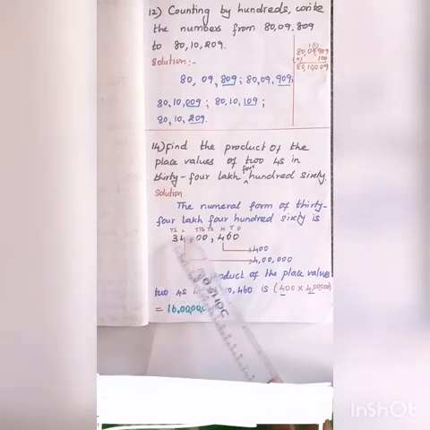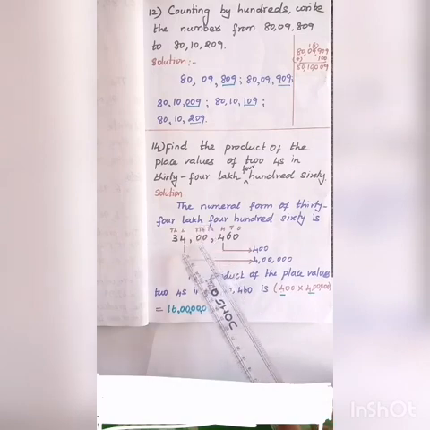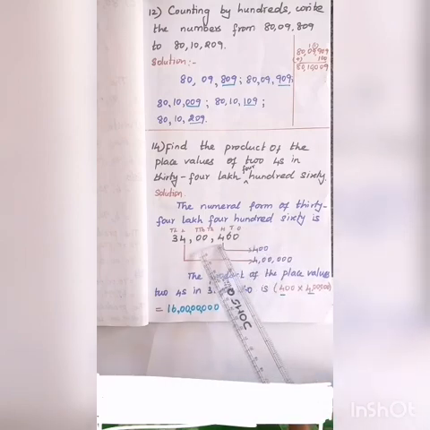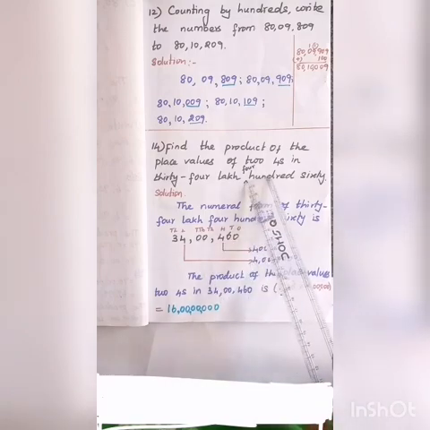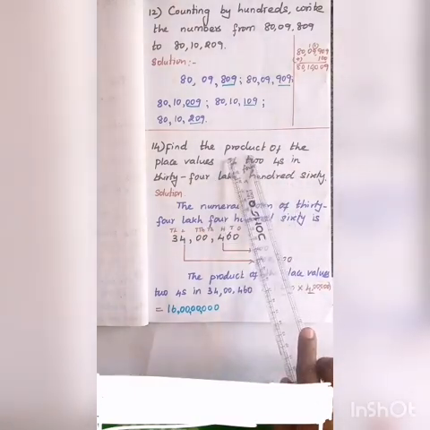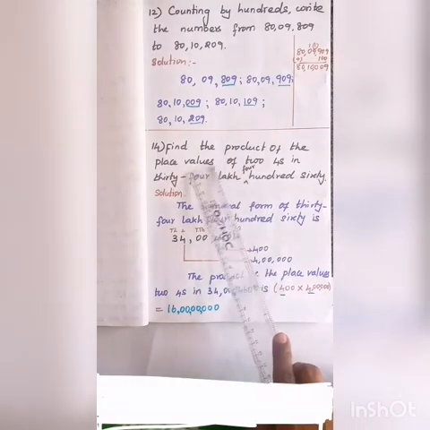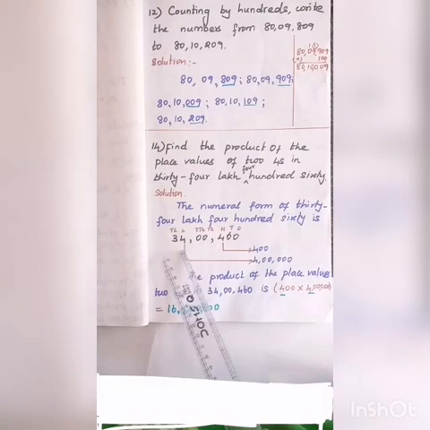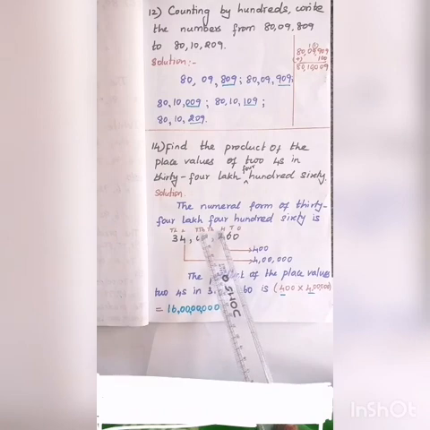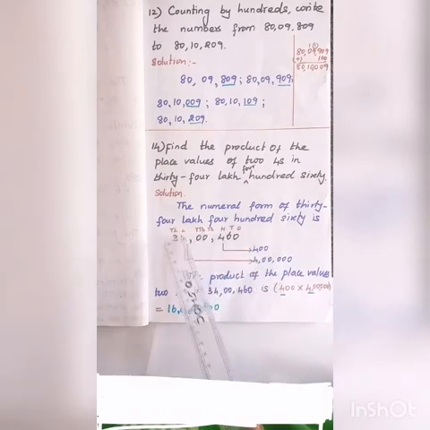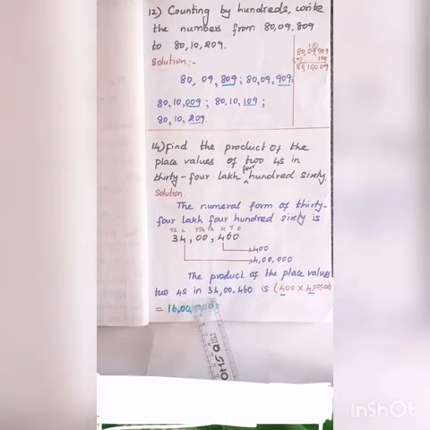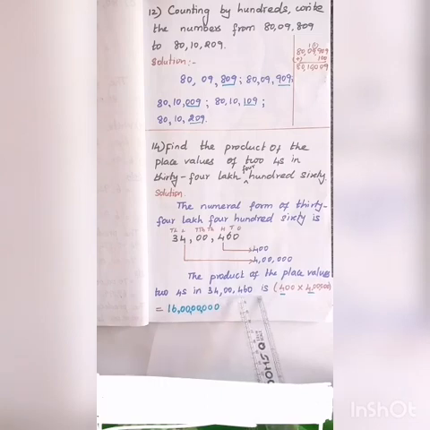So 34 lakh. Here do you find any thousands place? No. So you put 2 zeros for the thousands place. Then 460, you have to put 460. Then what are they asking? Product of the place values of 2 fours. Product means you have to multiply, and place value means first of all you find the place value of the 2 fours. Here you have two 4s: one 4 in the hundreds place and another 4 in the lakh place. So 4 in the hundreds place gives 400, and 4 in the lakh place gives 4 lakhs. So the product of the place values of the 2 fours in 34 lakh 460.